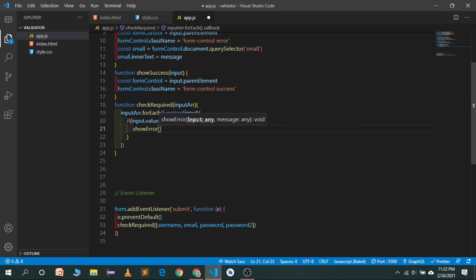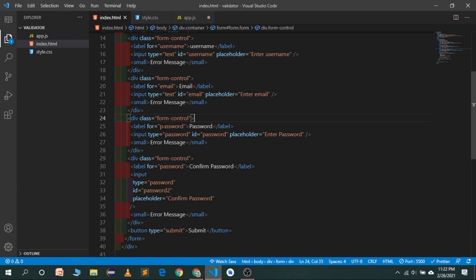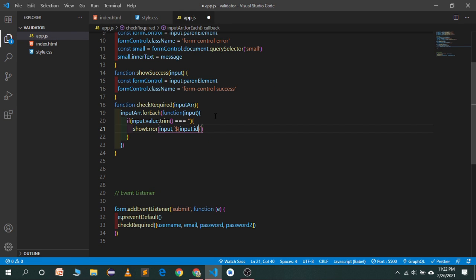So we have an input, and then we will use template literals for input, using some values of JavaScript, such as $, curly braces for input dot id. We are using input dot id to get the password and username, etc. Because this input has the id of password, this password text we will use. Input dot id